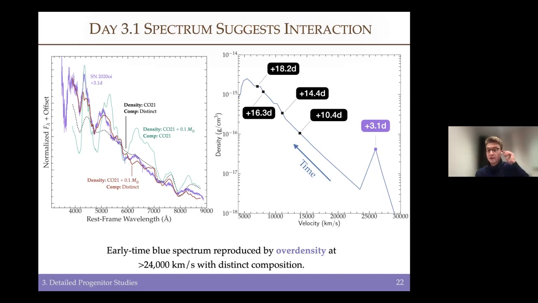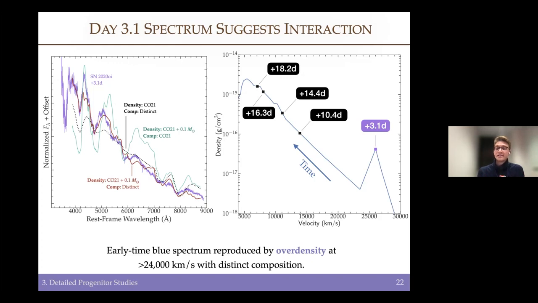And on the left, we fit the very early time spectrum to, so CO21 is what was fit to 1994I. The naive CO21 model provides not a great fit. And if we then add an additional mass component onto models which are run in TARDIS with a composition distinct from the rest of the explosion, then we find much stronger agreement. And we've tweaked lots of different parameters, and it turns out preliminarily the composition which best fits this very early time spectrum is enriched in lighter elements and has a small mass component in addition to the star itself.